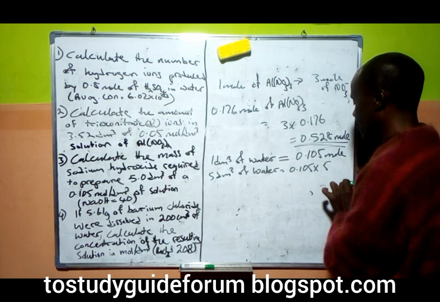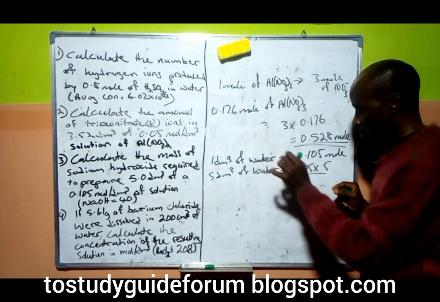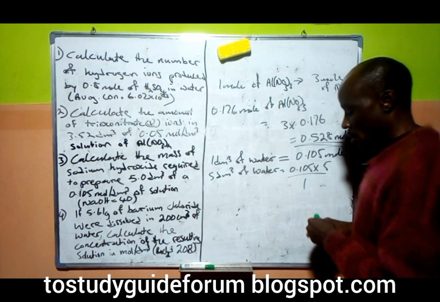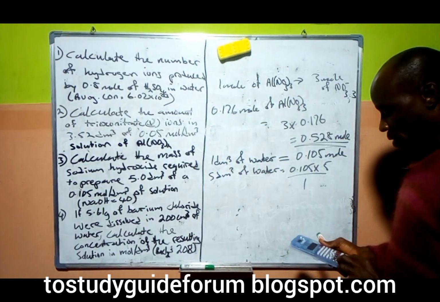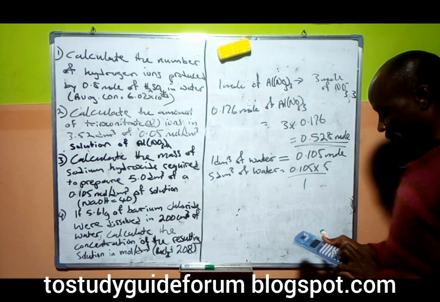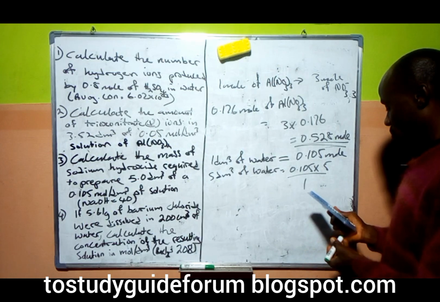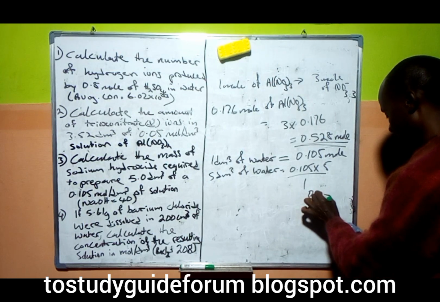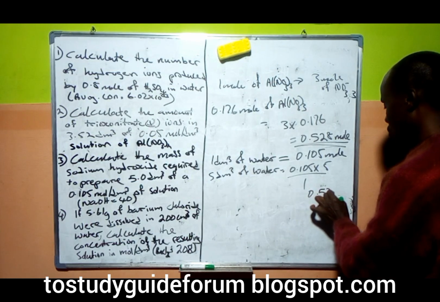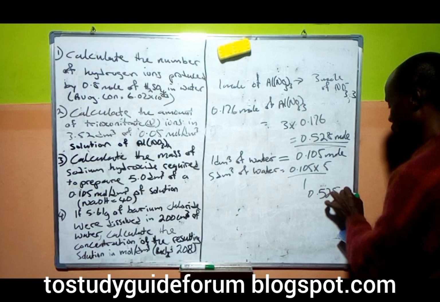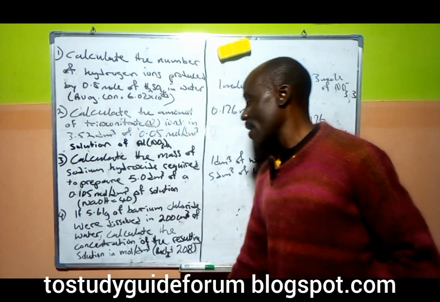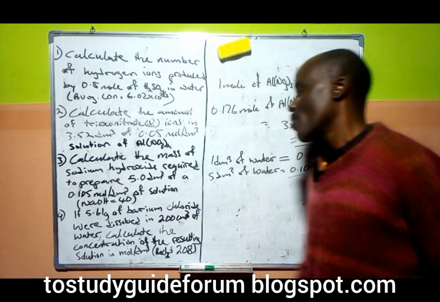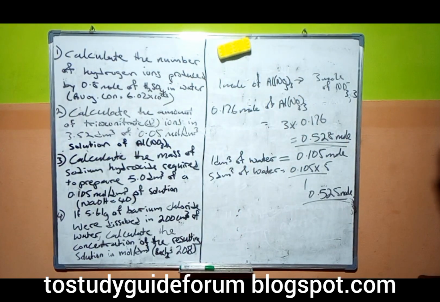times 5 all over 1. So what do we have here? What we have here will be 0.15 times 5. What we have will be 0.525 moles. This is what we need in 5 dm cube. And now to get the mass,